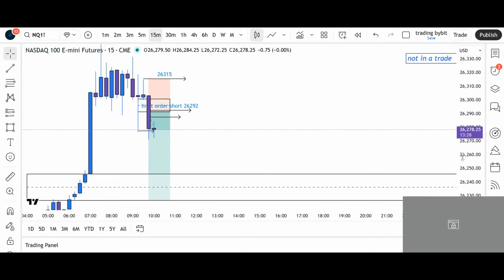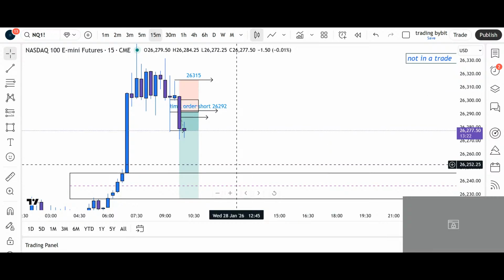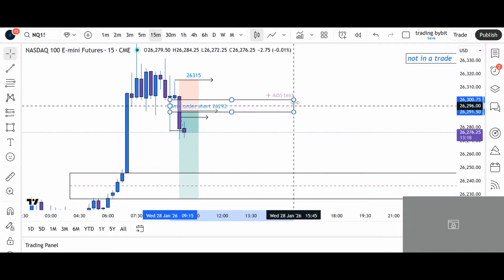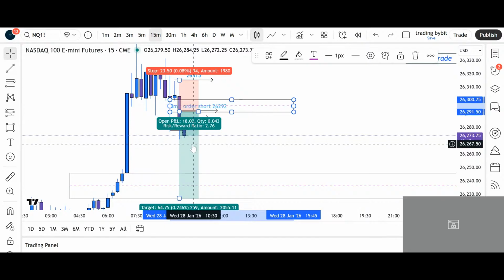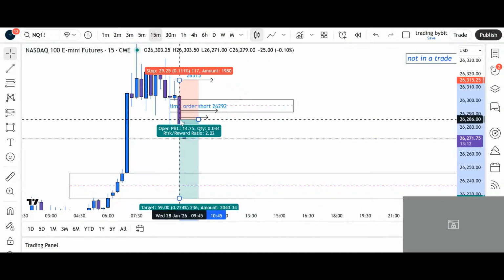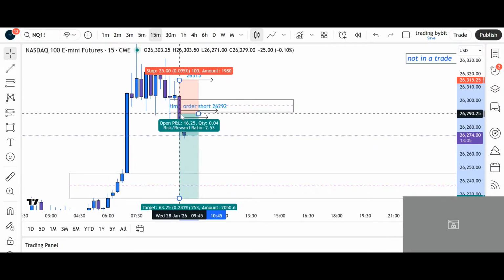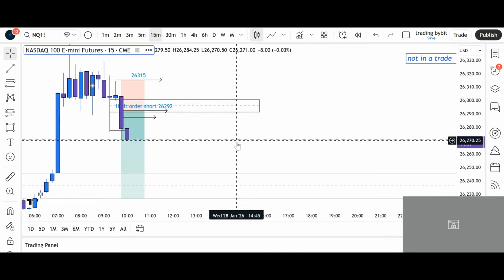Now just be patient. If the order comes to our entry, we have a great trade. If it doesn't, and if you want to jump into something, always make sure that you have a great R collected too. Because if you wanted to jump into this from this area, you only had like a 1.5, so it was not really a great trade. This is a nice trade. We can have at least 2.8, so that's definitely a good area to enter it.